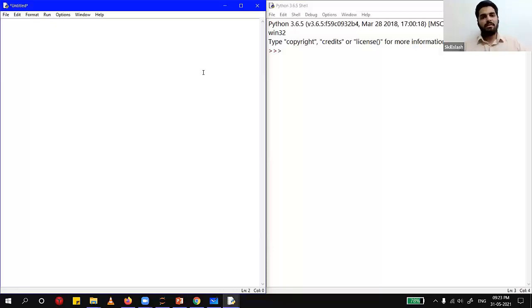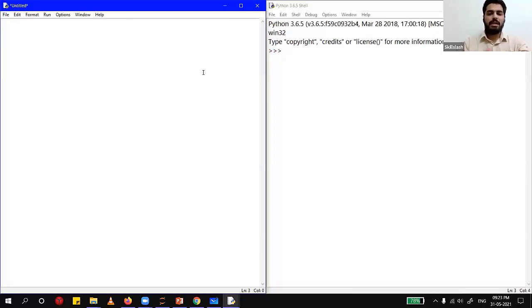So on the left side, that is your main window. This is also a Python IDE. IDE is that development platform, the development environment, where you are working. You don't have to install this one. This is also the Python software. And on the right side, it is similar to an interpreter. Now the compiler,